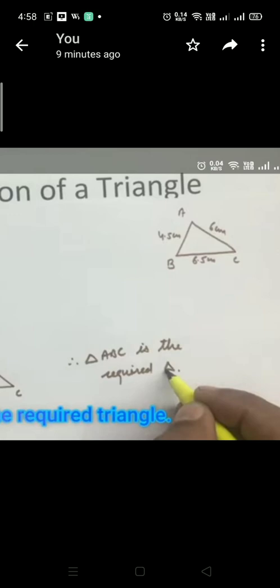Kids, for drawing any sort of triangle, this is the method. You first draw the base and then find one point by using the measurements which are given. From the intersecting point which you get, you join it and the triangle is formed. Clear? So tomorrow I will do a few examples of triangles and then we will start the actual